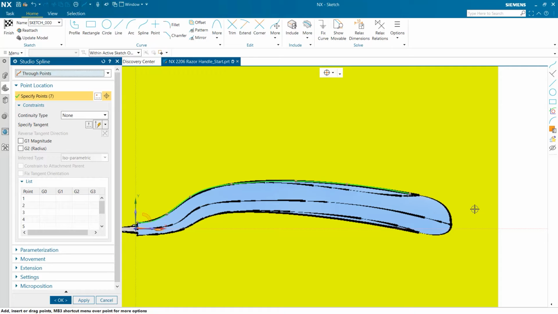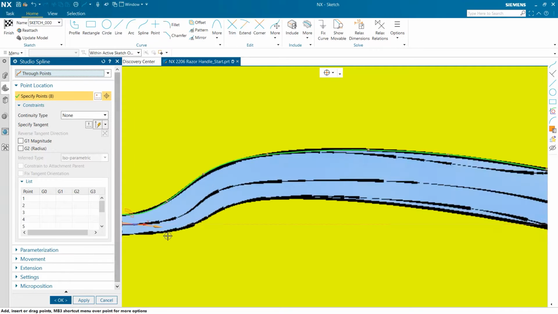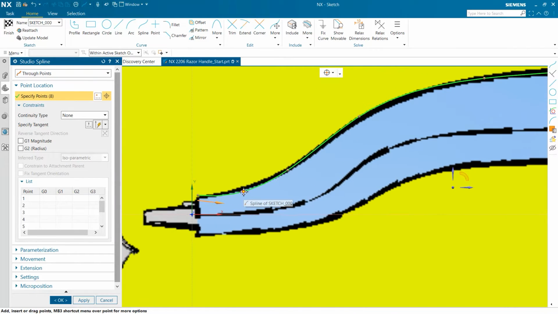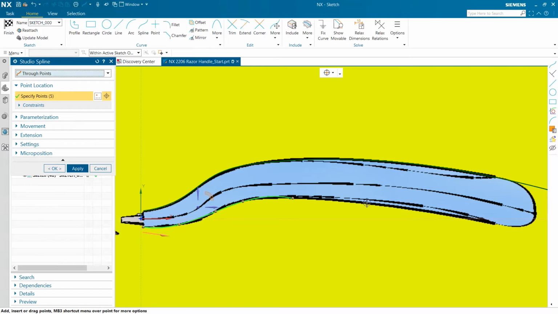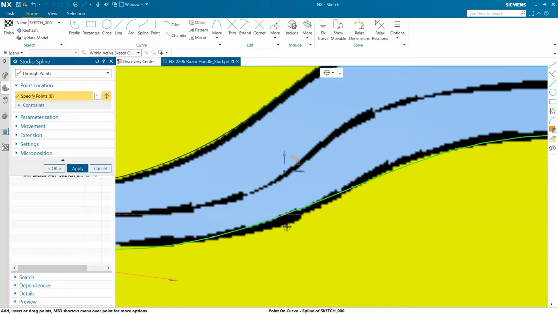The lines are extended past the reference sketch so that there is more material to work with later on. More points can be added or moved on the spline during the sketching process. You can see how easy it is to sketch a profile. I am now going to continue and create the bottom profile using the same technique. At any stage, the spline points can be moved to modify the shape.